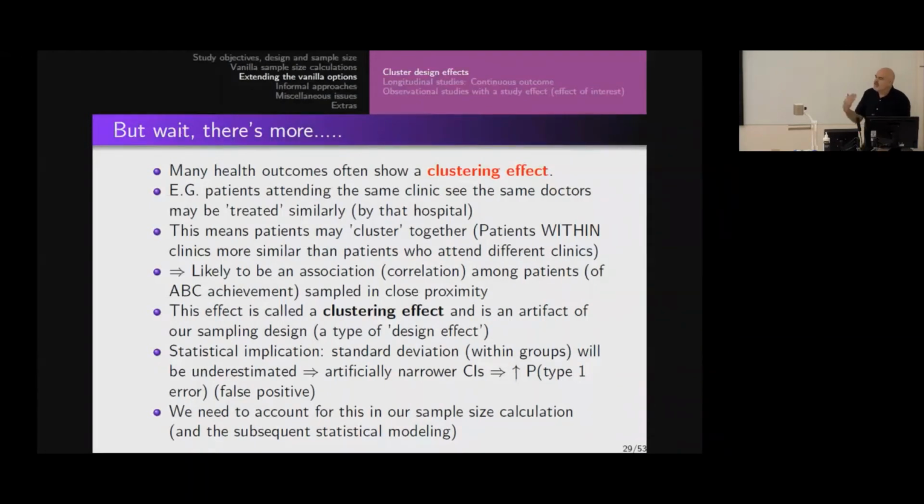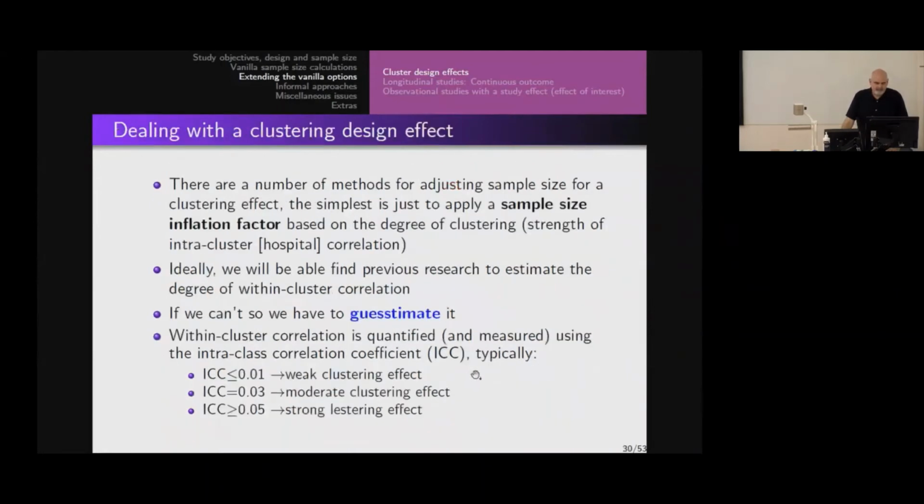Okay? We also need to account for this in our sample size calculation. Okay, and things do get, we're moving away from vanilla formulas here, and we're adapting these formulas for our study design. So there are a number of ways we can actually adjust for this clustering effect, this design effect. The simplest way is to apply a sample size inflation factor based on the degree of clustering, how similar patients that attend the same clinic are relative to patients that attend different clinics. Ideally, we can find this from previous research, and let me tell you,